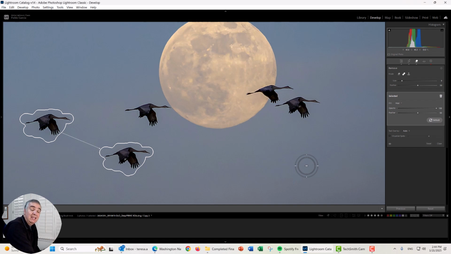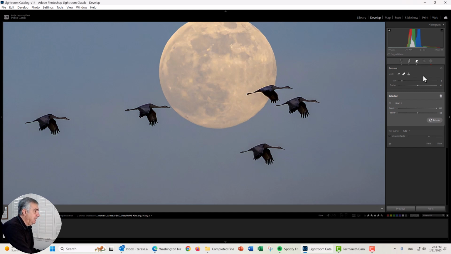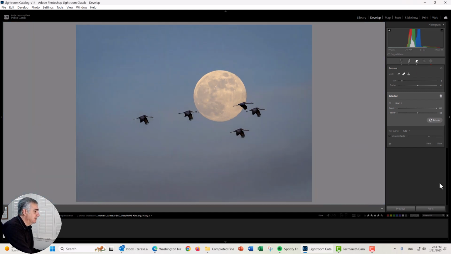Well, perhaps I didn't like the location of the new crane. So I'm going to move it. I'm going to put it over here. And there it is. Very easily, we were able to replace one crane with another one in the image and even create another crane. Very easy to use the healing brush to do this, and it works well for small